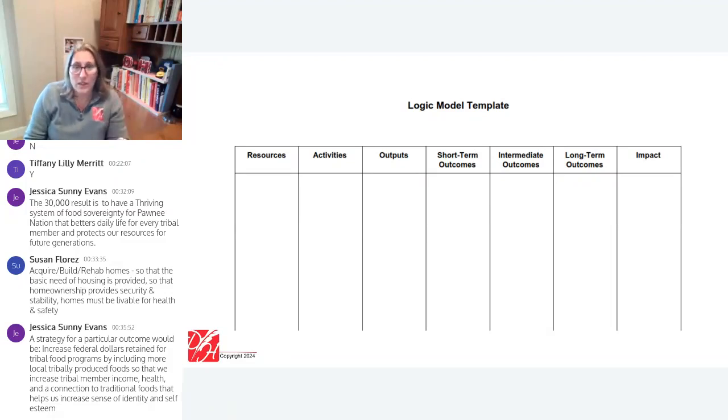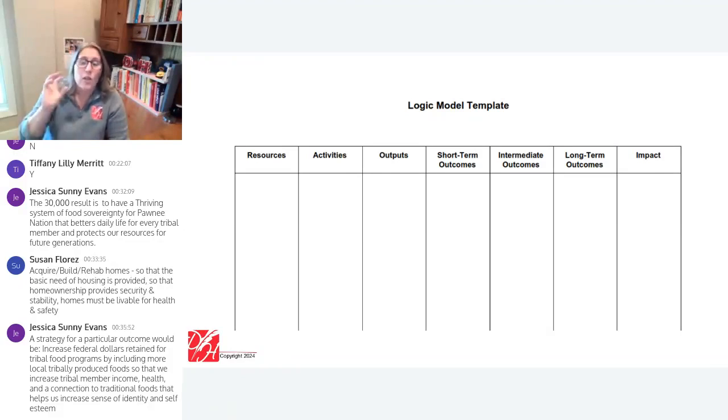What I, again, would like for you to have is a piece of paper that you can write onto or something that you can type into. And as we go through the logic model, I will be asking for folks to share your answers in the chat box. Do you have to answer all of the 7 prompts in the chat box? Not if you don't want to. If you're not sure what your answer is for that one, there's zero pressure. If you feel like you've got an answer for at least one, yes, please do. Share in the chat box. I want to see all the different examples that we can come up with as we build our logic model.